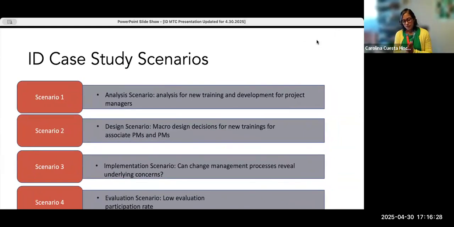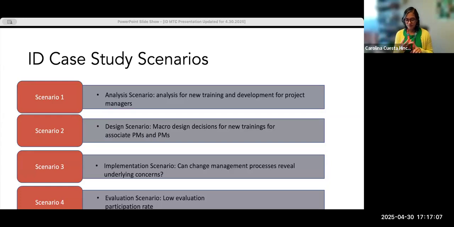We also have another major assignment, and it is the instructional design case study scenarios, right? So you will have to choose one of these scenarios. You don't have to work on the 4 scenarios, but you will learn about the 4 scenarios, and you will choose a specific scenario in which you want to develop a specific learning solution. And these scenarios are important because we will work on topics like designing a budget for this specific learning solution, identifying the learner needs,